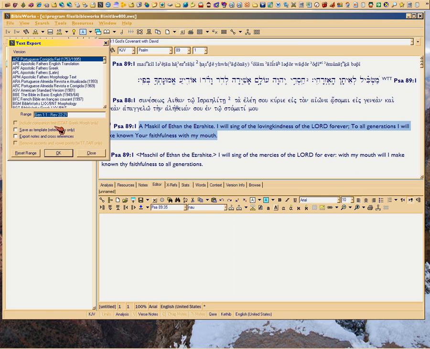So it does not look at what you've selected. It does not look at the browse window you're in. You have to literally select the version. And here you press down on your left mouse button, and you must scroll, keeping your finger depressed on your left mouse button while your mouse is over the scroll bar. That's what's holding down the scroll. You cannot use your mouse wheel for this. Okay, and then you can pick from all the BibleWorks versions of Bibles that you've installed. Okay, and then you can save that